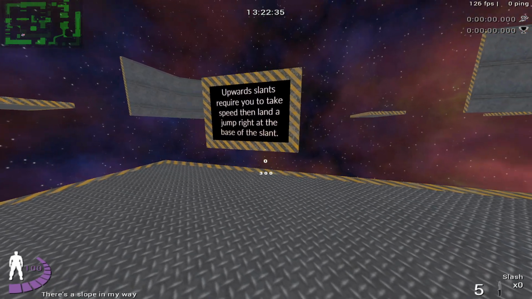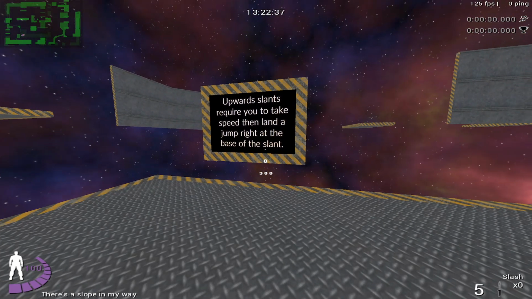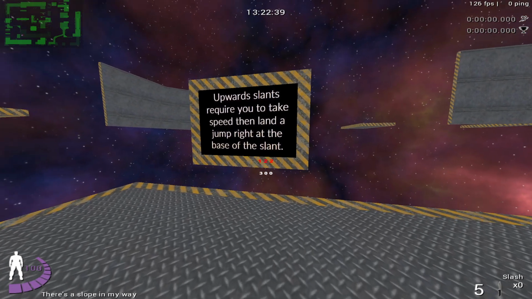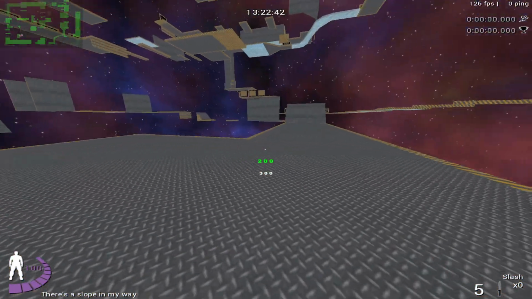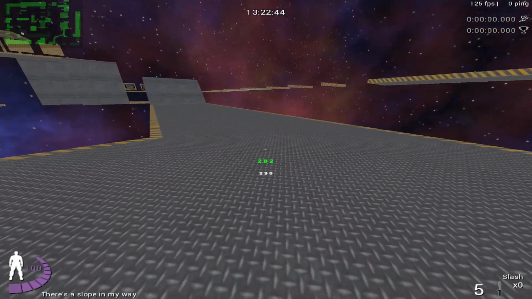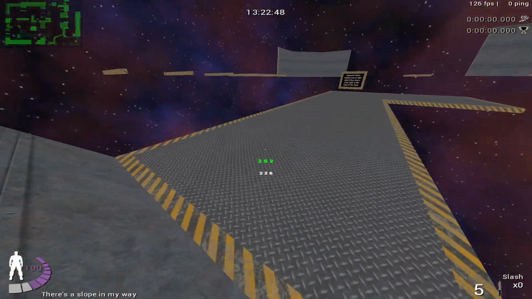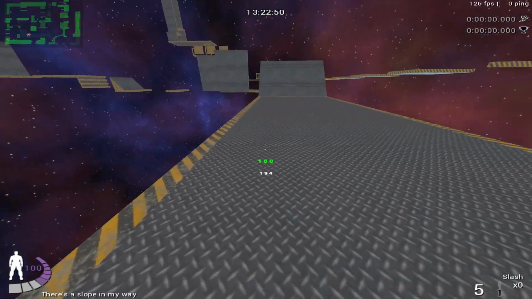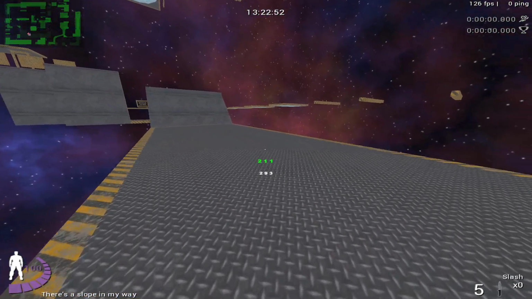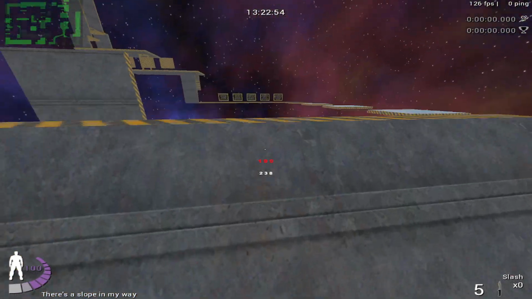You'll figure it out by just playing again. Upward slants require you to take speed and land right at the base of the slant. So let's first try not landing at the base of the slant and fail. Like right here, you see, I actually had enough speed, but barely. But if I have very little speed but land at the base of the slant,